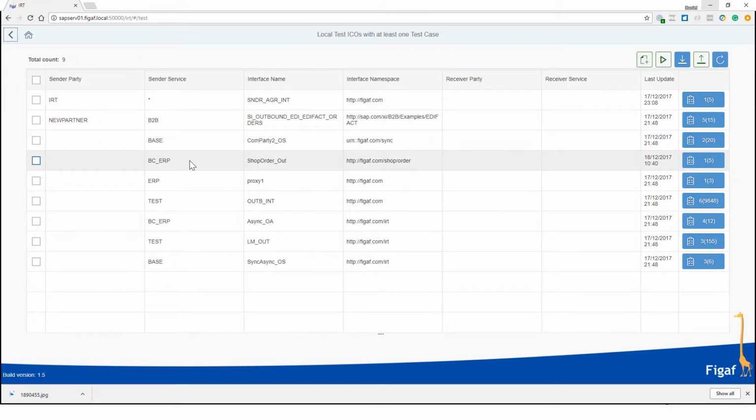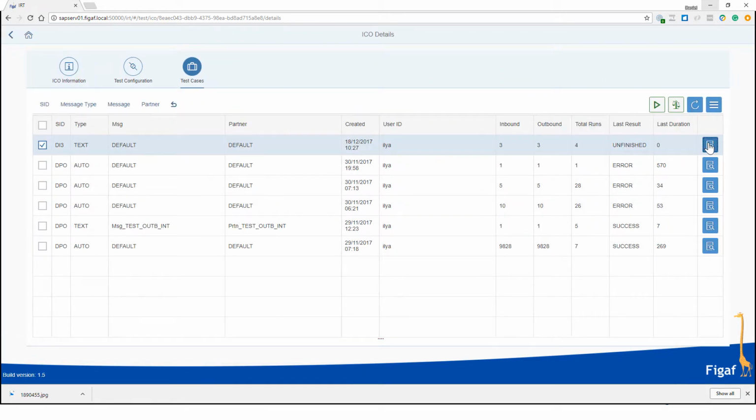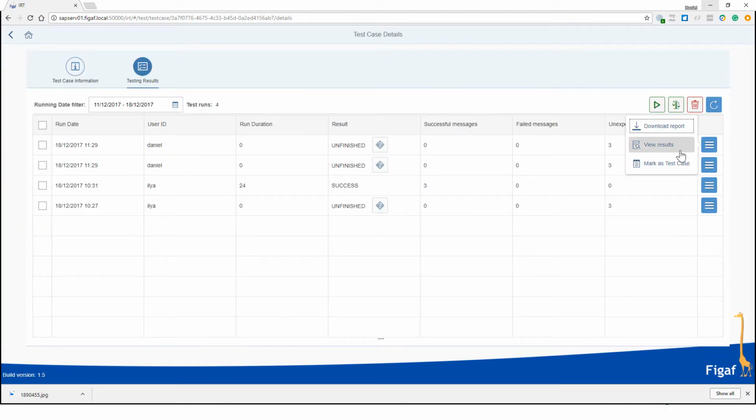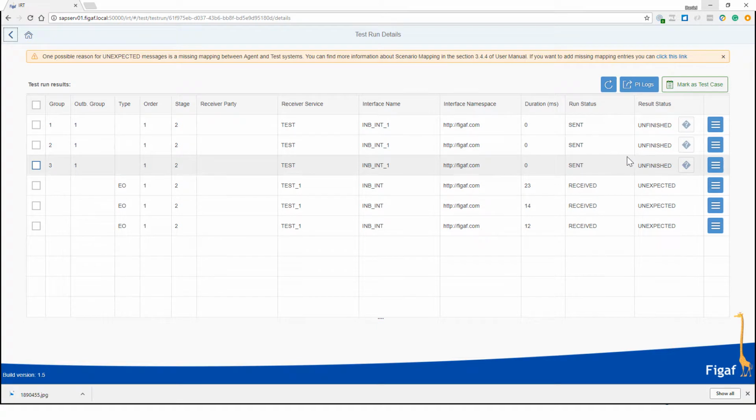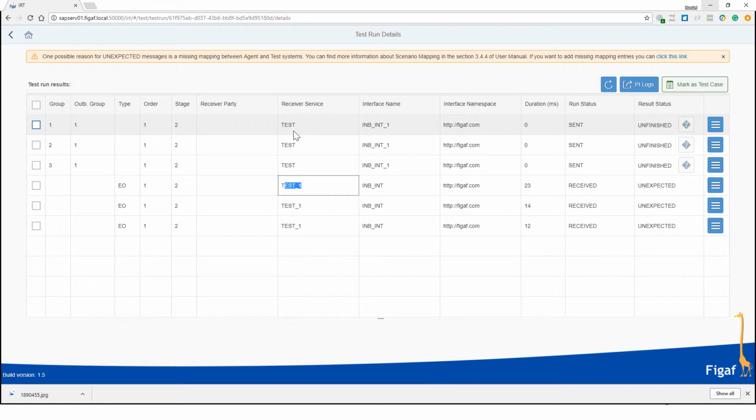So here we have our list of test cases, and we have this test down here. And if we go into this one, we can view the results of this. We can see we have some unfinished. So here's the message that we have sent, and we expect to receive a message that's called this back from this receiver service. But instead we got this one, and this is obviously not correct. So we want to say if we're receiving this on our test system, it should be treated as this one up here. So we'll simply select these two messages,